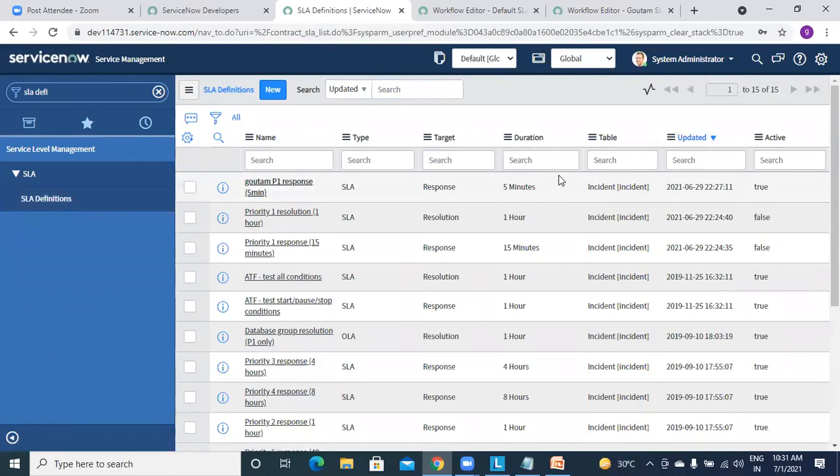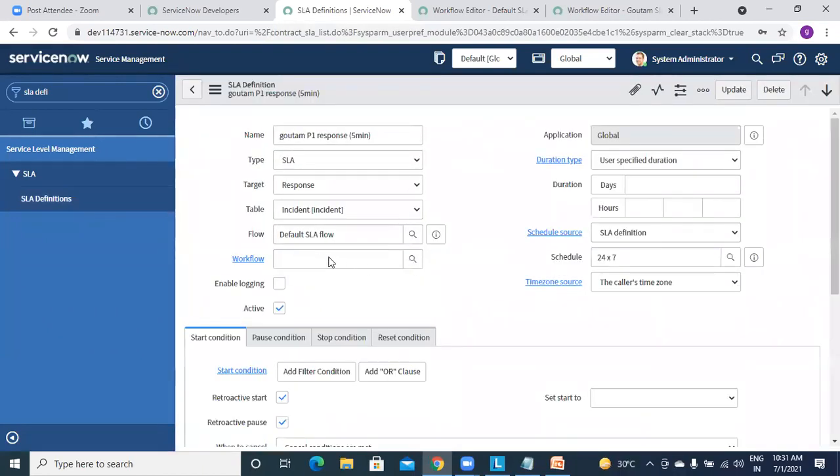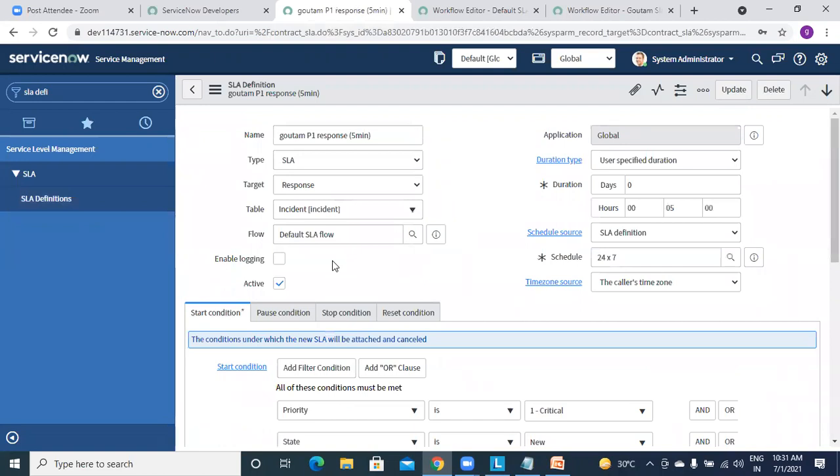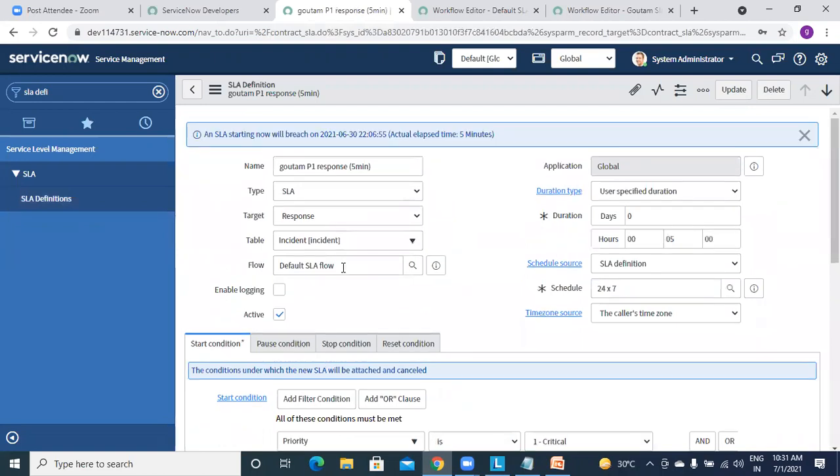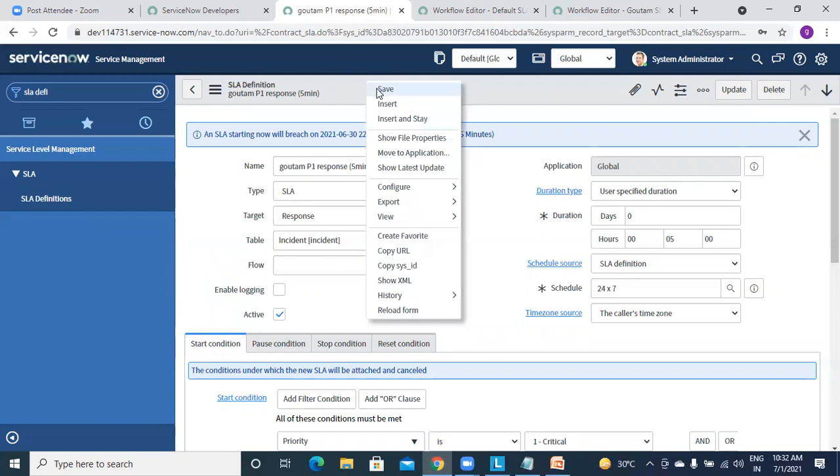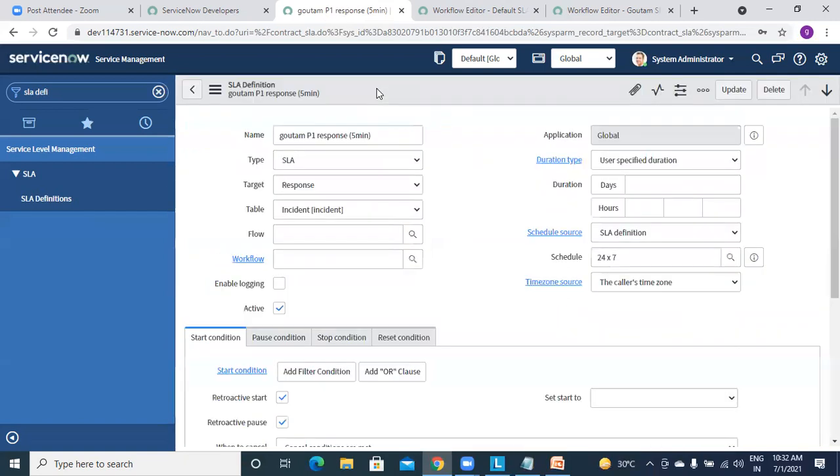Gautam, I think I have already given flow here. This is flow. So let me make this empty and save. Yeah, so workflow is appearing.